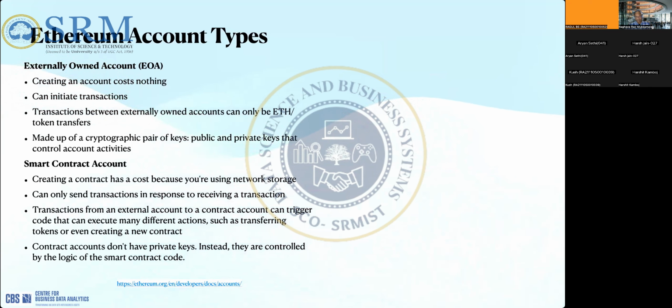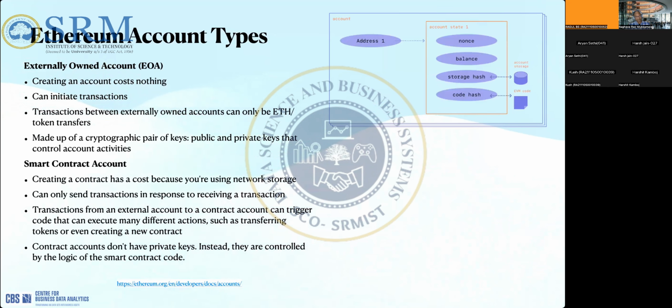On the other hand, smart contract accounts don't have any kind of public-private key. They have the code, everything specified in the code execution and things like that. They have the rules. First of all, creating a smart contract requires cost, right?